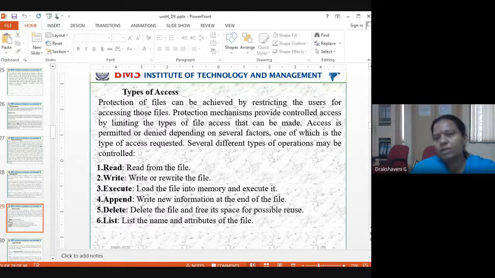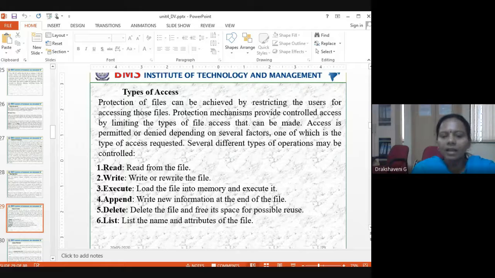Suppose you have stored so many movies on your laptop and you want to keep your project, but they say there is no space. Then you'll delete some movie that is not required at this moment, because your priority is keeping your projects. That's a way where you can use the delete option.